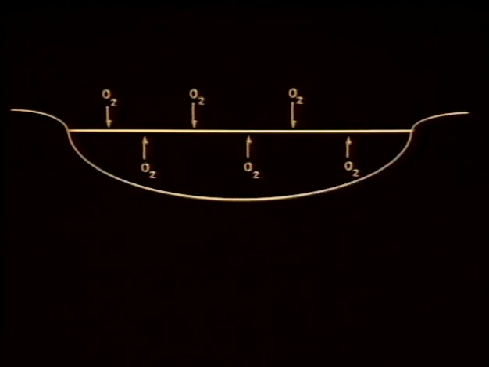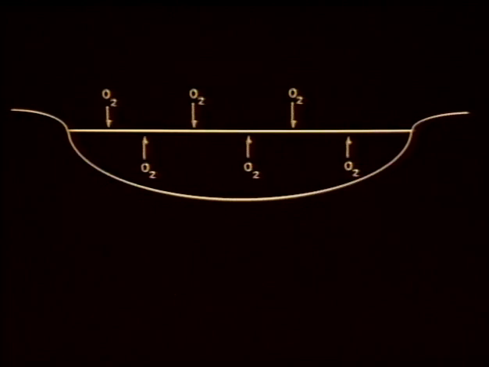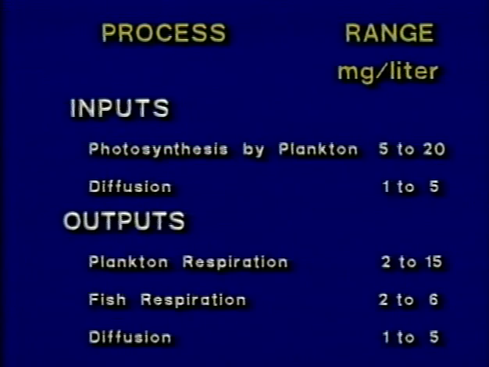Diffusion of oxygen into water occurs whenever the concentration of dissolved oxygen is below saturation. Net diffusion of oxygen also occurs out of water into the air if the concentration of dissolved oxygen in the water exceeds the saturation level. Even though diffusion is constantly occurring, the rate of diffusion is slow and results in small inputs and outputs by this process. For example, in this table,